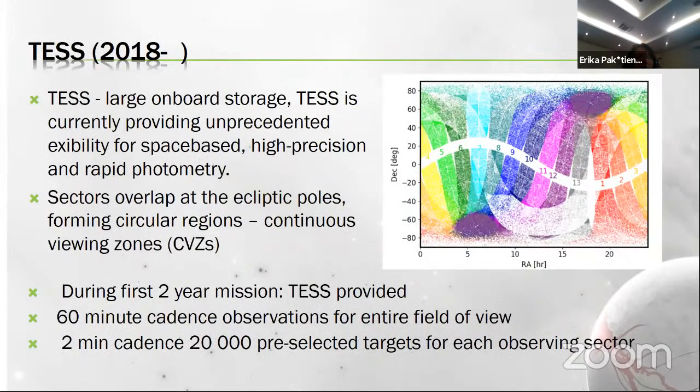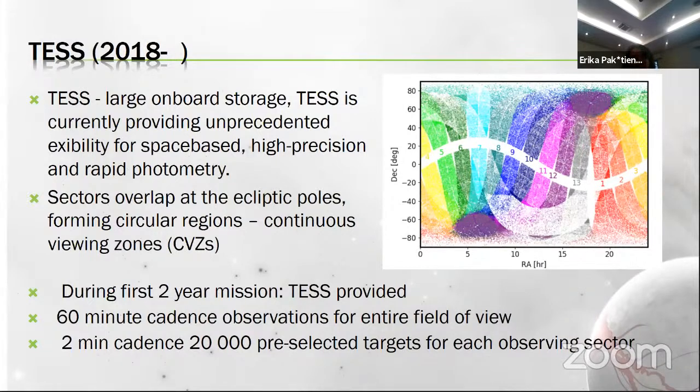And now we have TESS, which was launched in 2018. This is a different telescope, much smaller. It has 4 small lenses and scans the full sky. Here on the right, you can see the sky map. Different colors correspond to different sectors observed by TESS. And around the ecliptic pole in the north and in the south, we have a region which we call the continuous viewing zone, which was observed for 1 year